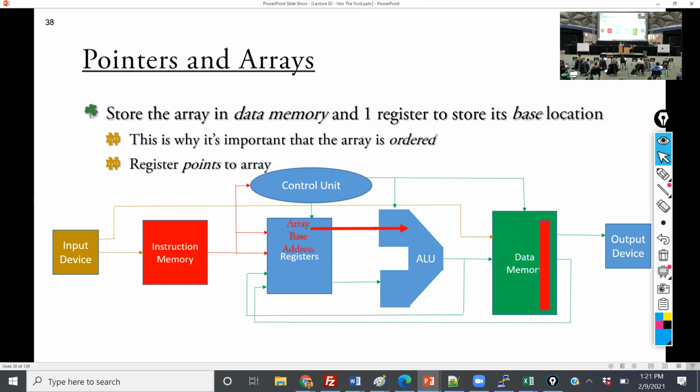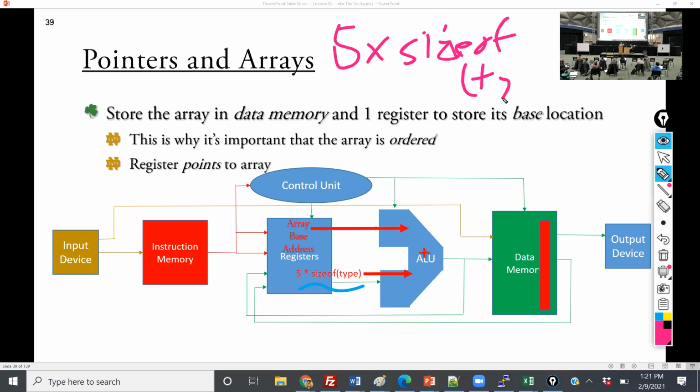But let's say I want the 5th element. So what this says here, and let me write it out so it's more clear, this says 5 times size of, and then in parentheses I have type. So if it's an integer, it would be 32 bits. If it's a character, it's 8 bits. And so what's going on there is where I want to start is 5 times 32 for an integer.